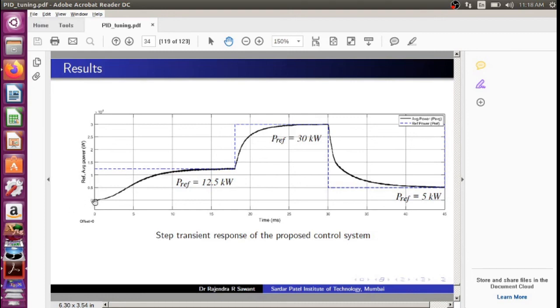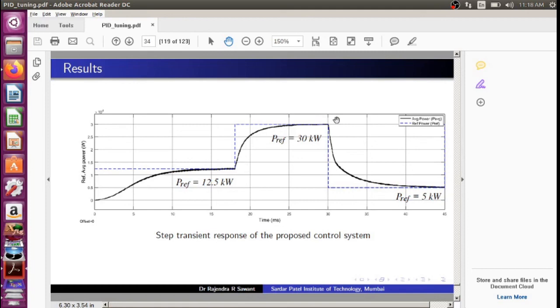The system started from somewhere, and within a span of about 15 seconds it reaches the final value. Then we change the input: the reference has been changed from 12.5 kilowatt to 30 kilowatt.